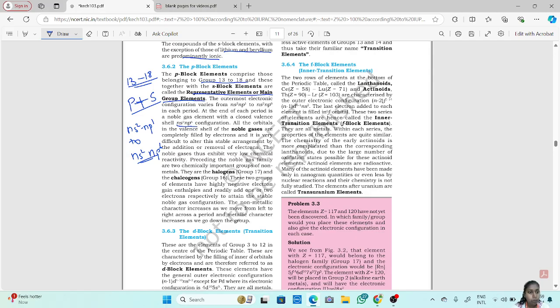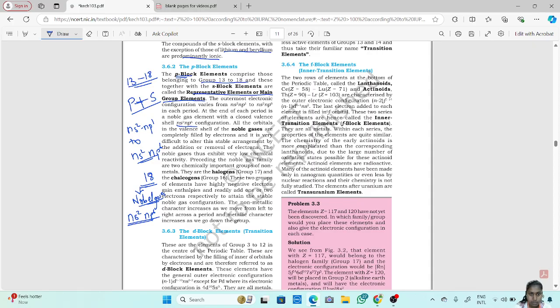So in the p block elements, the last block, that is the 18th group, is made up of noble gases with an electronic configuration of ns2 np6, that is a closed electronic